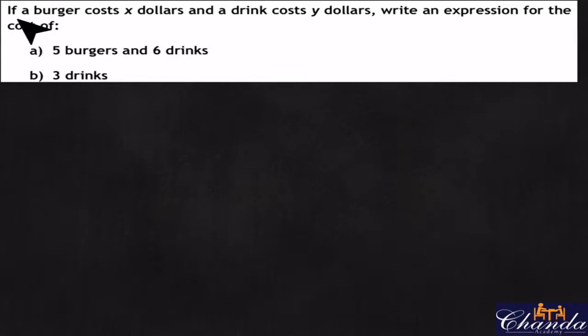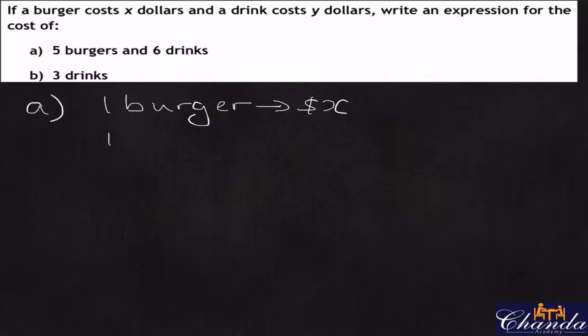This question says, if a burger costs X dollars and a drink costs Y dollars, write an expression for the cost of 5 burgers and 6 drinks. And B is, write an expression for the cost of 3 drinks. All right, so let's have A. So 1 burger is X dollars, and 1 drink is Y dollars. So if you were to buy 5 burgers, then he would spend 5 burgers multiplied by X